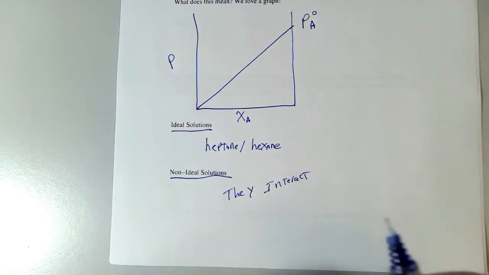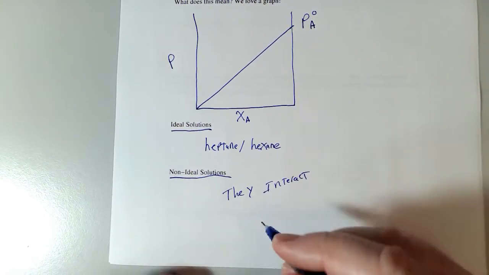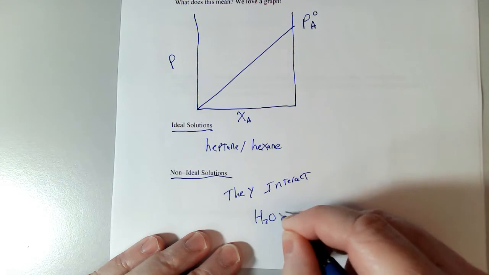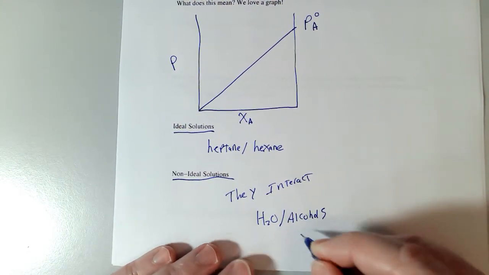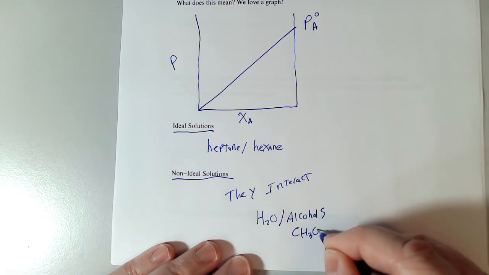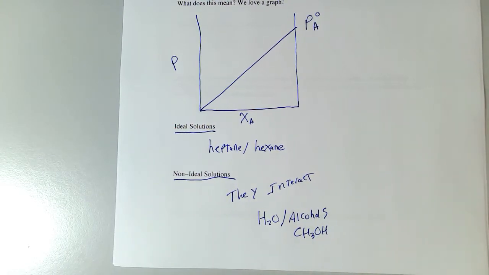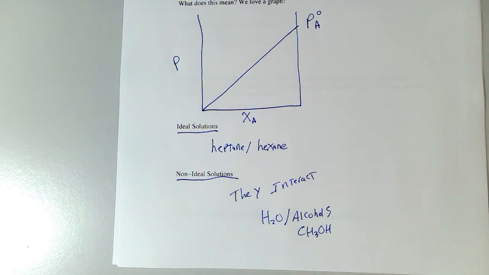Now, that interaction might be attractive and it might be repulsive. Water with alcohols is a very good example. CH3OH, methanol or wood alcohol, would be a really good example of that. Okay, so let's go on to our next page here